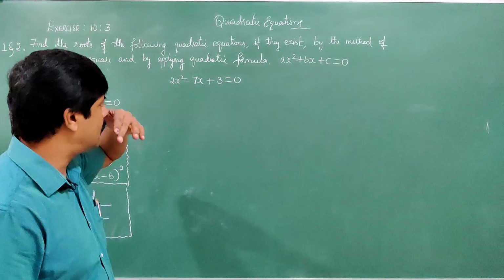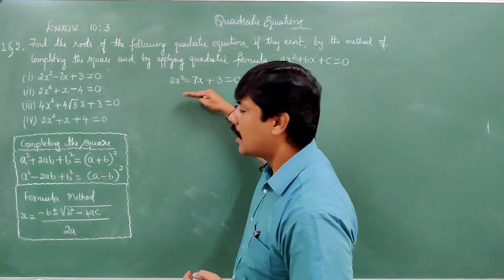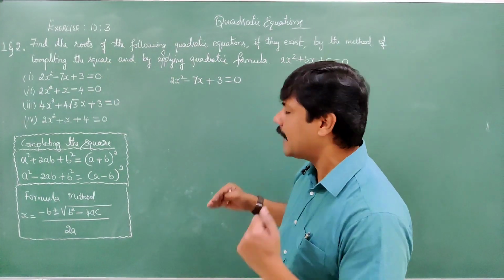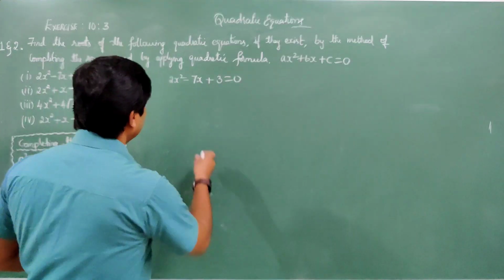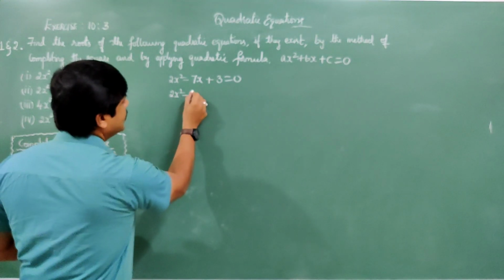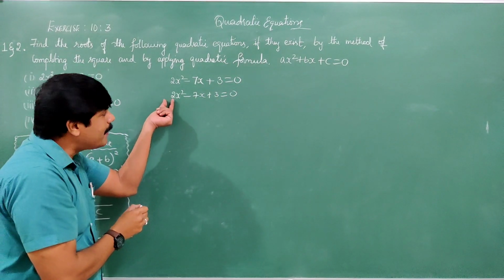This is ordered. Now, by finding the roots, how to find the roots? By the completing the square method, the first step is to take 2x square minus 7x plus 3 equals 0. Here you make sure that